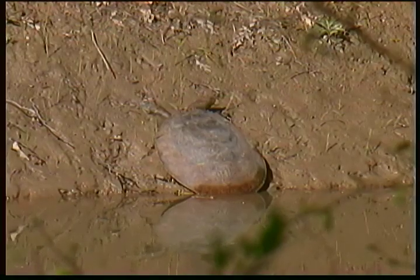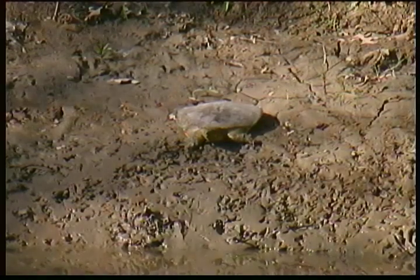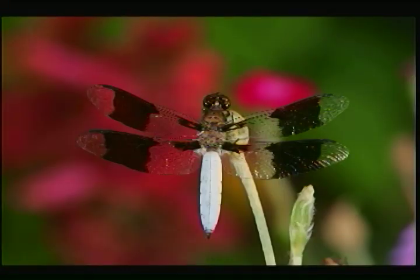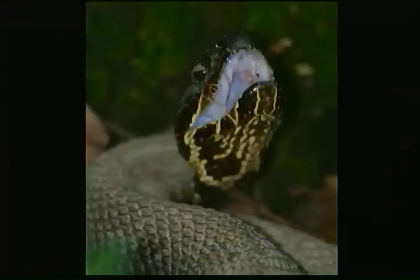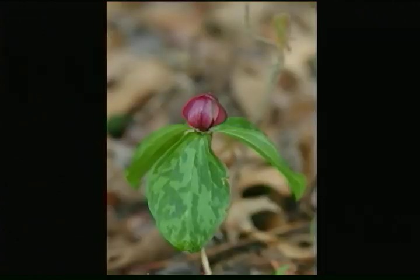Here are some of the things that we might expect to photograph at Heron Pond. Of course, lots of turtles and amphibians and lots of bugs and critters. Lots of these. Cottonmouth. I do urge you to watch your step today. This actual photograph here was taken at Heron Pond. I was laying down with Sam and Nancy photographing some wildflowers, and it was about this time of year, and